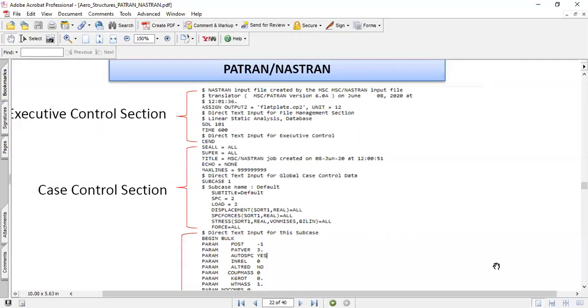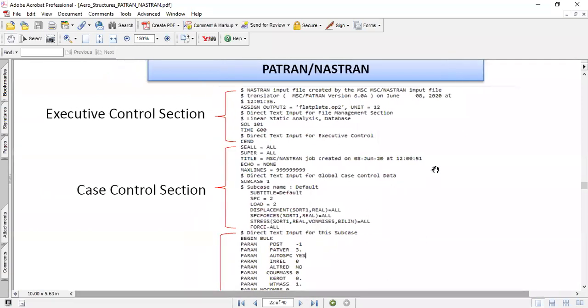As I mentioned earlier, whenever you model a physical structure in Patran and submit it for the analysis, it generates a file which is editable using Notepad or TextPad, which is nothing but the Nastran input file. There are different sections in the Nastran input file. The executive control section talks about what kind of analysis type I am requesting, what kind of buffer memory we have, and those kinds of things.